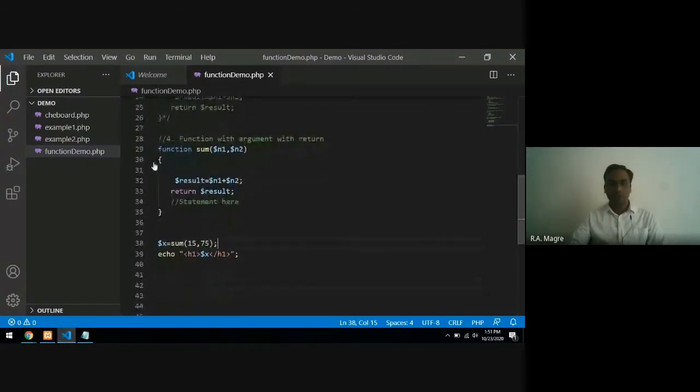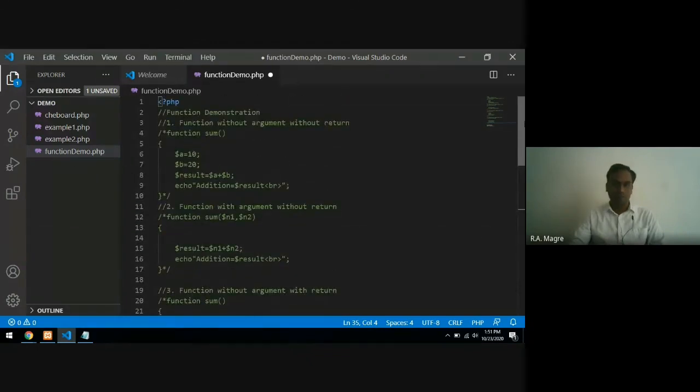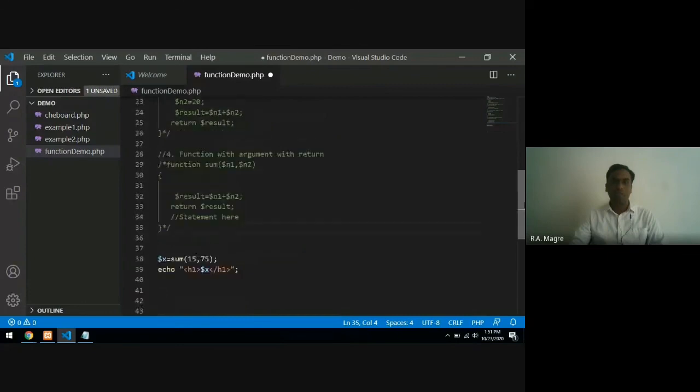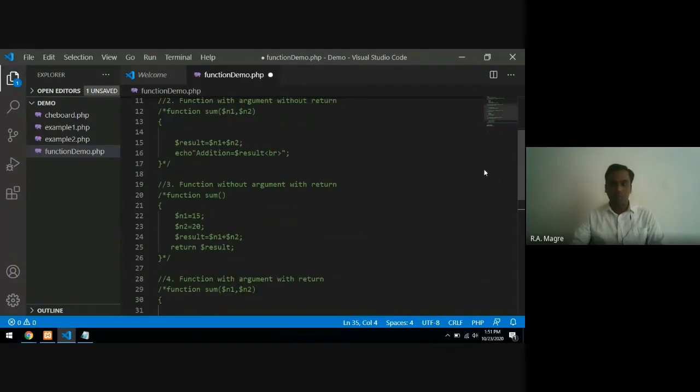So these are the four types we have seen, four types of function. With simple program, we have created one function here for performing addition of two numbers. And we have demonstrated the same with all four examples, with all four types.